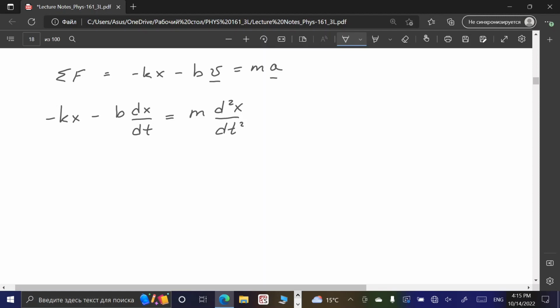Now we divide left and right side by m and rearrange it a little bit. So we get d squared x over dt squared, let us write first here b dx over dt, and then we will have plus kx. That is equal to 0. So this is a